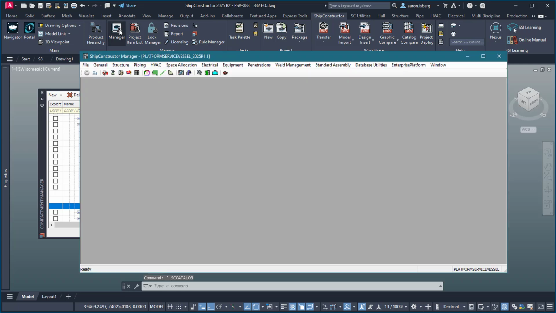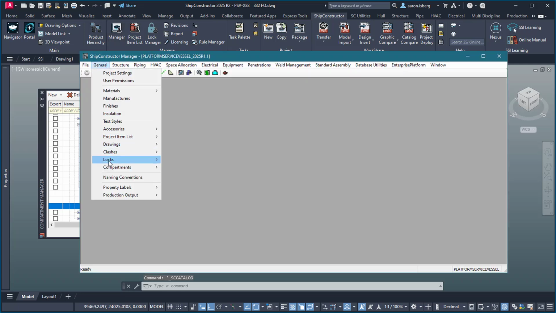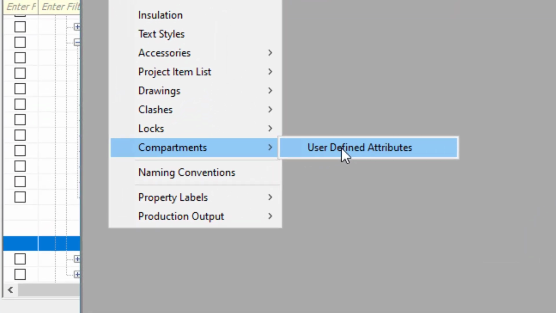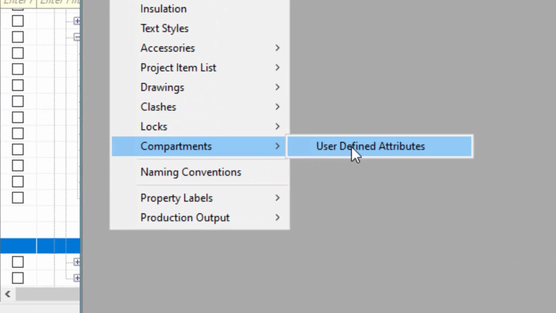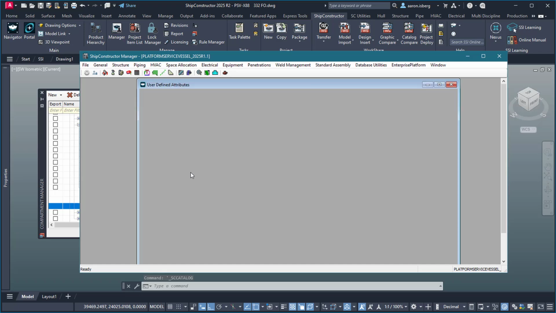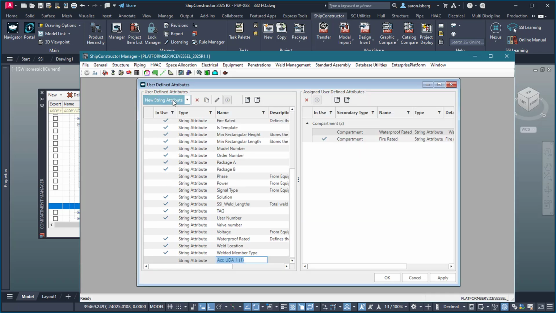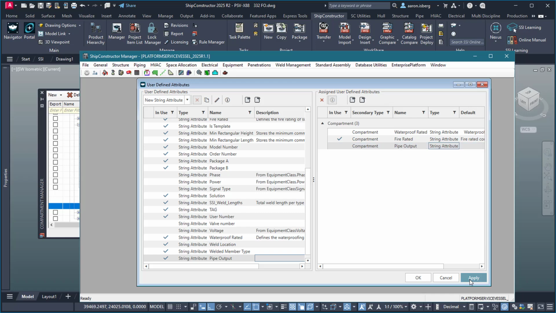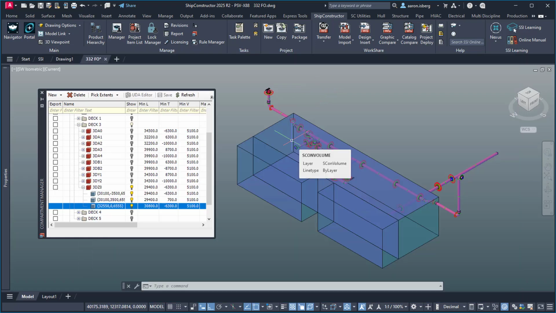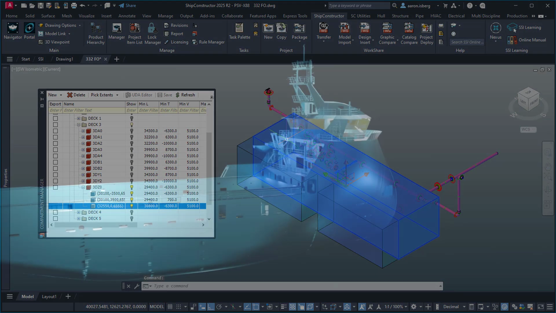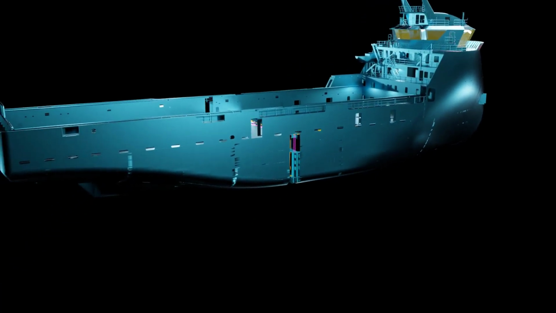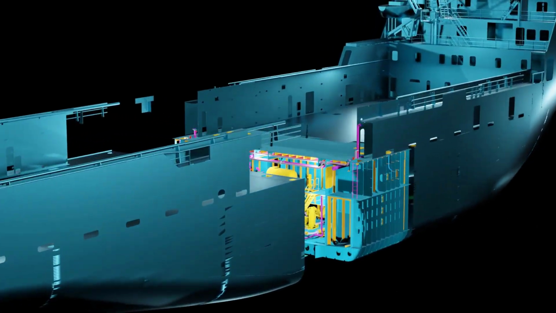User-defined attributes allow for customization of many aspects of your ShipConstructor project and are now available for compartments via the project manager. Compartment UDAs enable information to be relayed directly to those modelers or project managers that use these defined spaces for specific purposes. For example, a compartment may need to relay the function or color specification for a particular